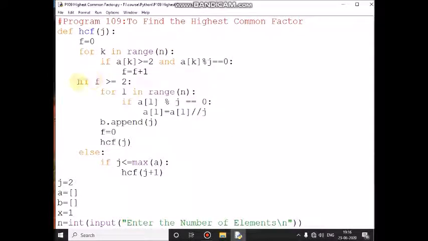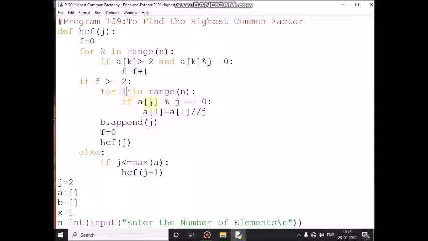If the value here, if statement is there, if value is 2, greater than or equal to 2 means the condition is true, then control comes inside the if. For L value 0, loop in range 4, then control comes here. A of 0th location, L value 0, A of 0th location modulo 2 means 5 modulo 2, remainder 1, the condition is false, then control comes here, it will increment the L